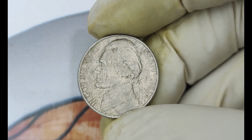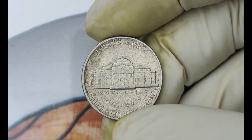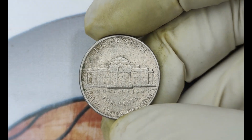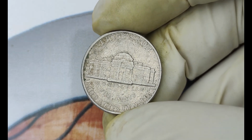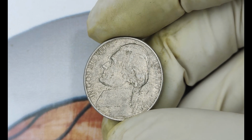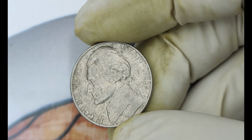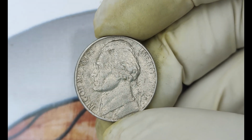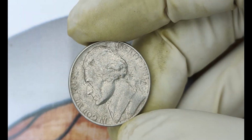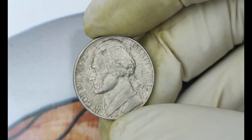These error coins have been known to reach over $1 million at public auctions. It's all about rarity, condition, and the specific error or feature that makes the coin unique. So, before you spend your pocket change, take a good look at your 1981 D nickels. You could be holding onto a rare treasure that could change your life. Keep your eyes peeled for those unique errors, and don't forget to get your coins professionally graded if you think